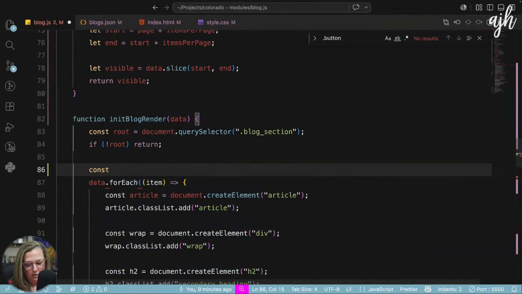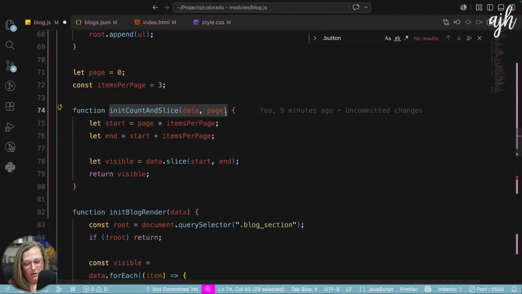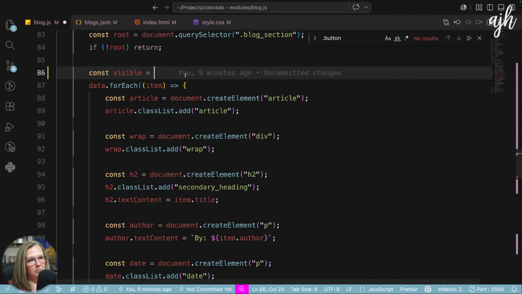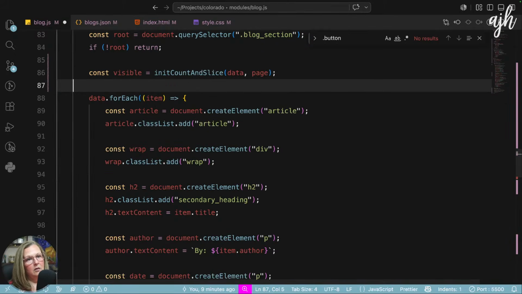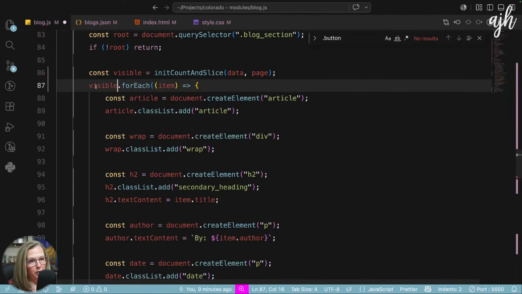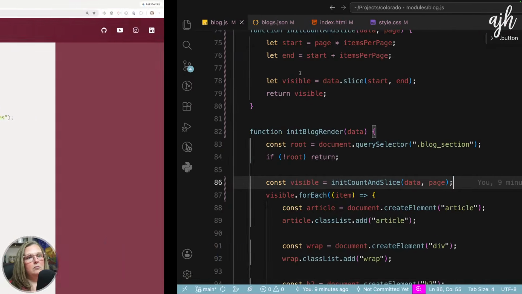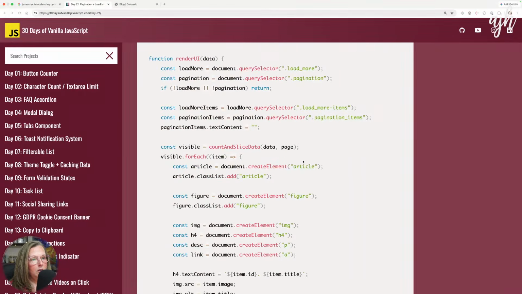So const visible is equal to this. And then visible is what we forEach through to render. Then we have to load more. We have to be able to load more. So